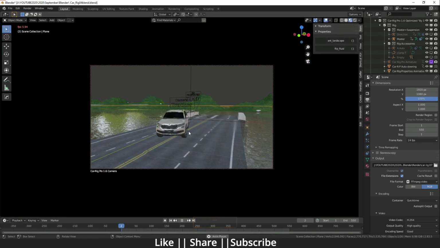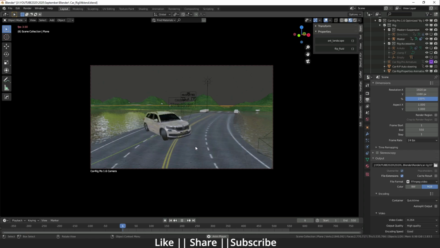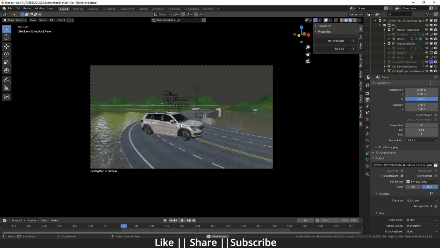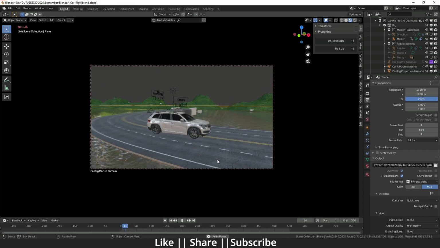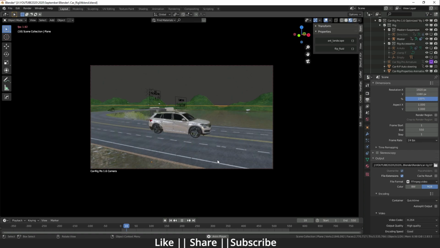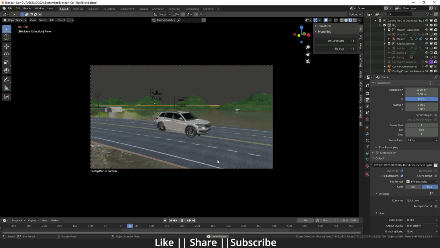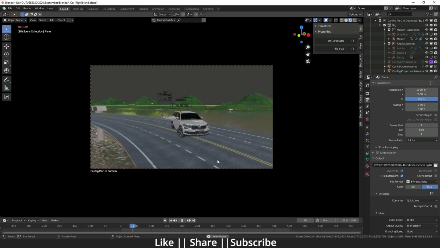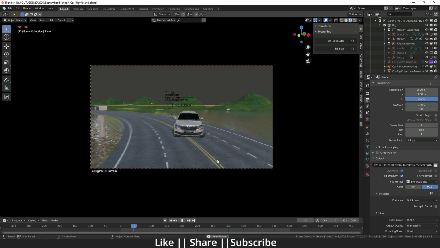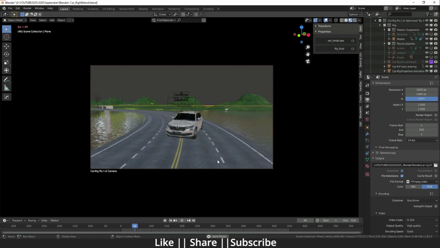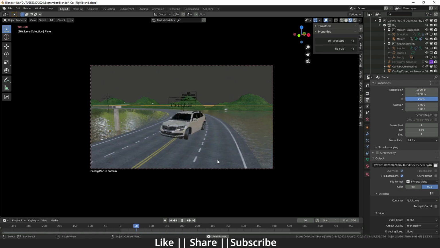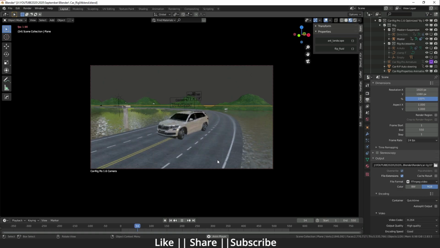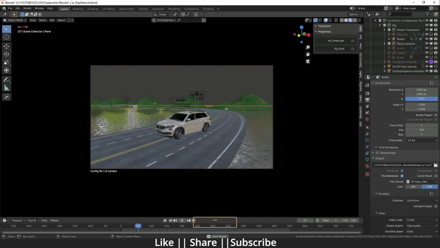So here you can see when I play the animation, the camera is automatically tracking our whole car according to our road, according to our angle, according to the situation when the car is rotating, which angle it should take. If you want to do it manually, you can do it manually as well, but most probably you don't need to do it.